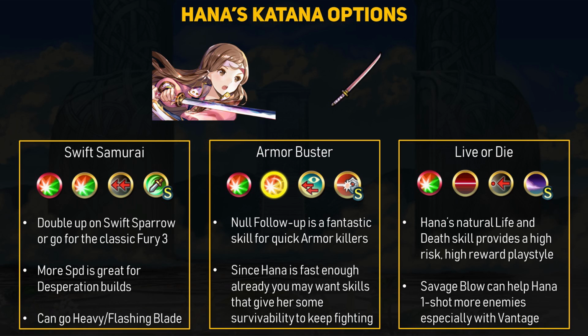With no follow-up, you can instead opt for some extra defenses from skills like Sturdy Impact, Sturdy Blow, or even Close Defense. Attack Smoke would be another excellent skill. While Hana definitely wants to engage when she can, if you have no follow-up, she can potentially fight off bold armor units. Imagine Hana engages and takes out a target, but is still in range of a bold fighter lance